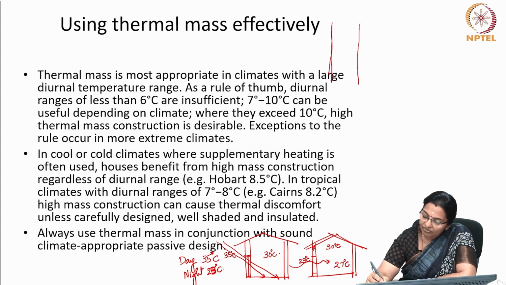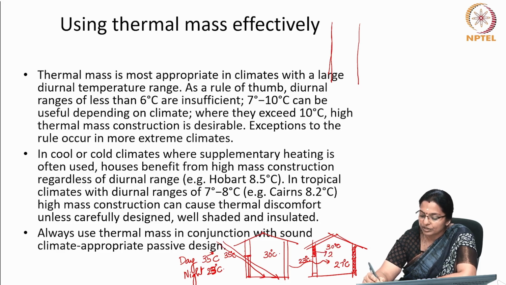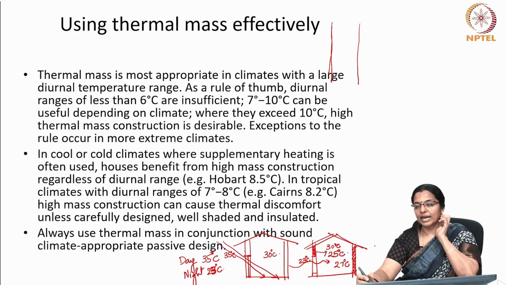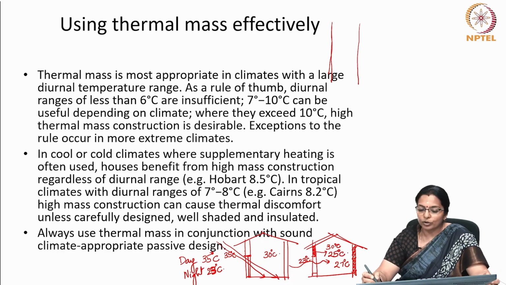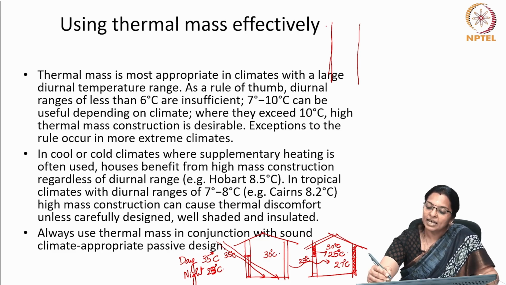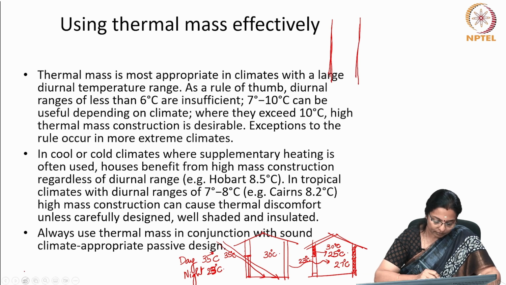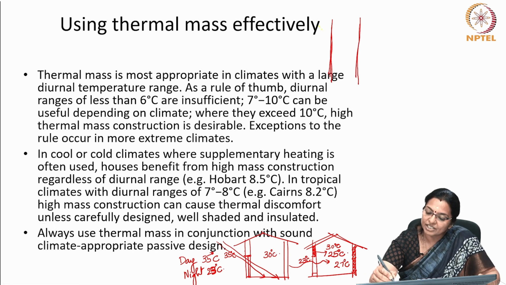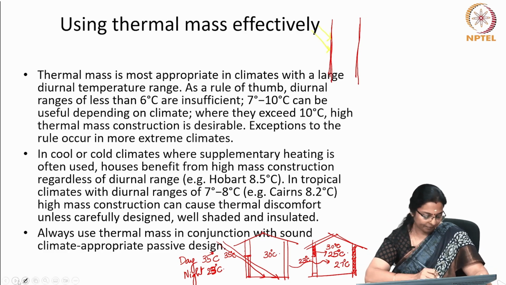But having a high thermal mass wall, which further aids in keeping the indoors cool, will reduce the temperature to 25 degrees centigrade. How will the wall aid in reducing the indoor temperature? What role does the thermal mass play? That is where I said, assuming this is the wall and assuming solar radiation falls on the wall, if you see,